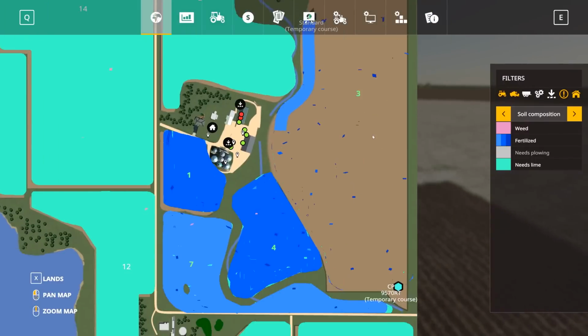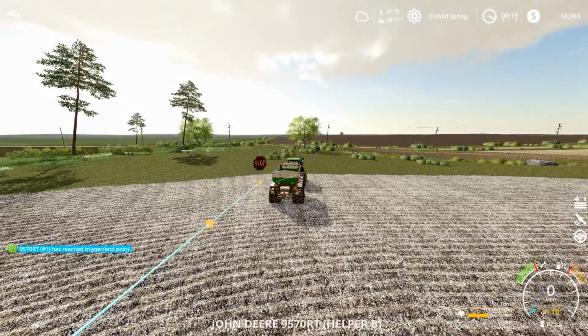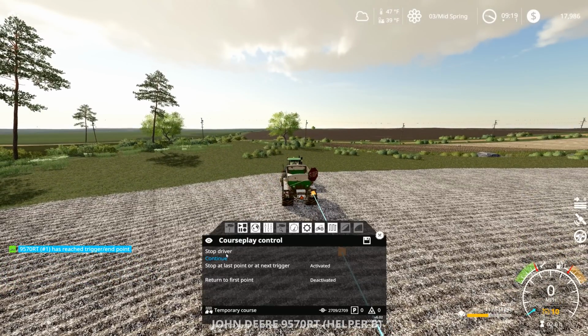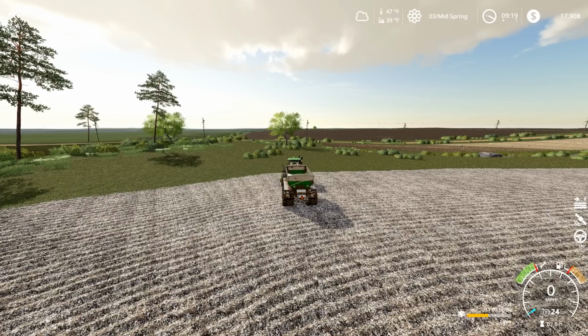All right, we're gonna let this guy do his thing. We're gonna check back in a bit. Regardless, he's spraying, which is good enough for me. We're going to turn this on, stop driver, close course. All right, let's take you back up to the yard